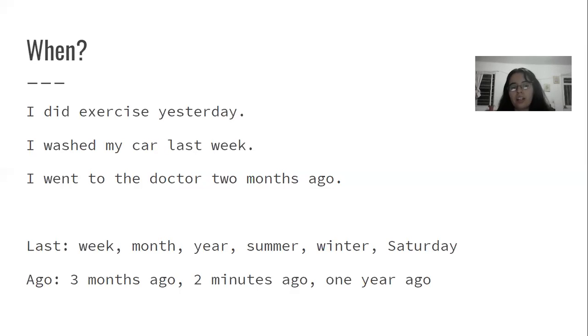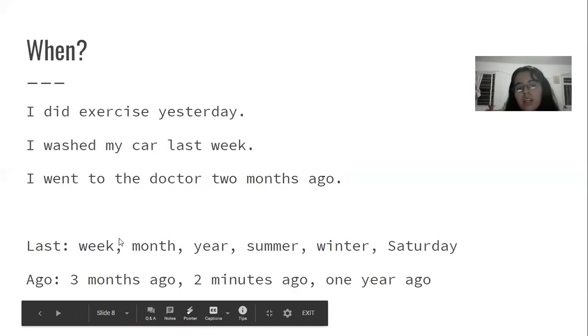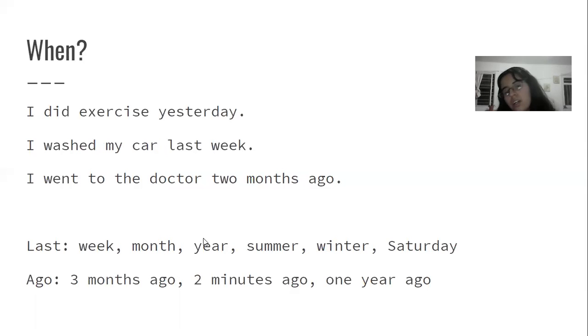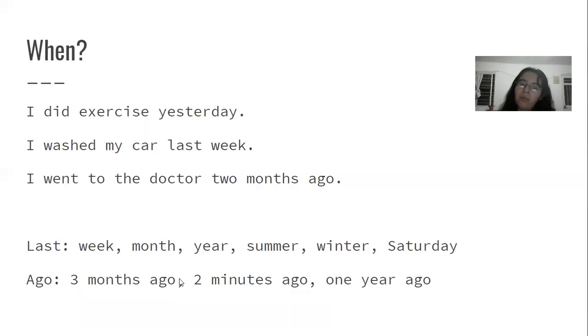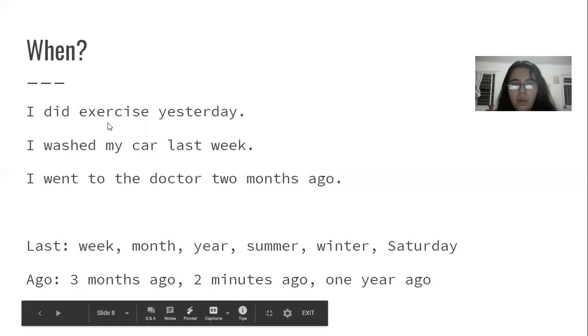And there's a difference between last and ago. So last could be last week, last month, last year, last summer, last winter, last Saturday. But ago, it has to have a specific number. For example, 3 months ago or 1 month ago, 2 minutes ago, 5 minutes ago, 1 year ago, 10 years ago, 100 years ago, whichever one. So that's the difference between last and ago. And we can use them to say when something happened,